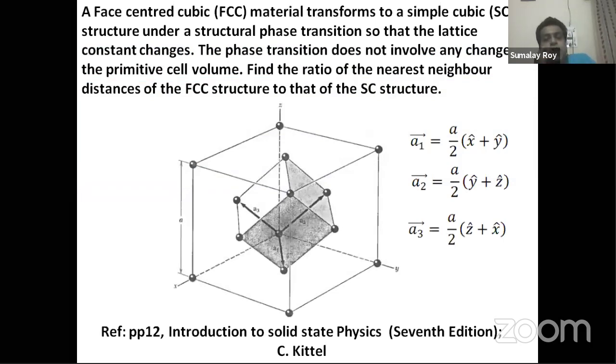Now this thing we studied last day, a face-centered cubic material transformed. This problem we did on the last day. So this is an example: how can I transform the FCC? So there is a question from Aman: Sir, what is the purpose, the importance of reciprocal?